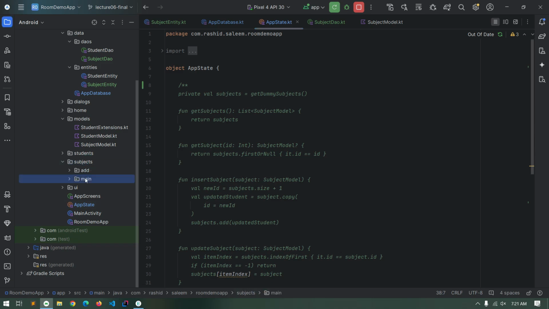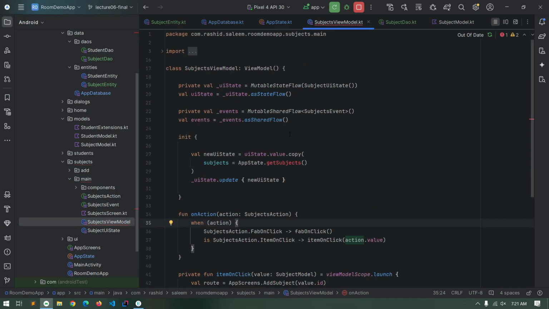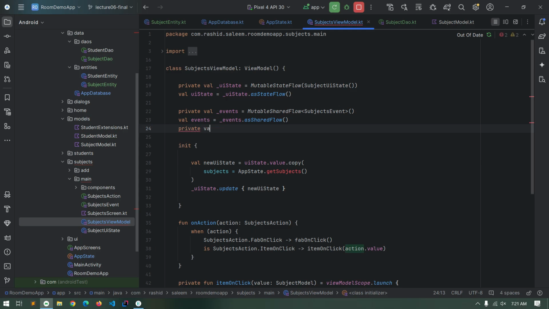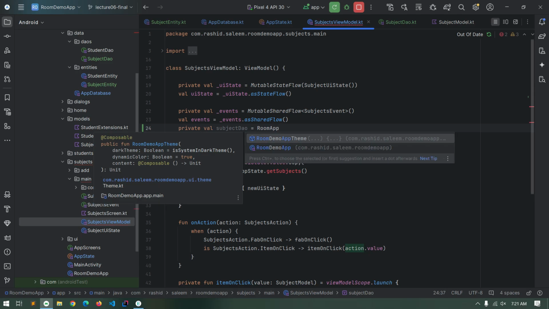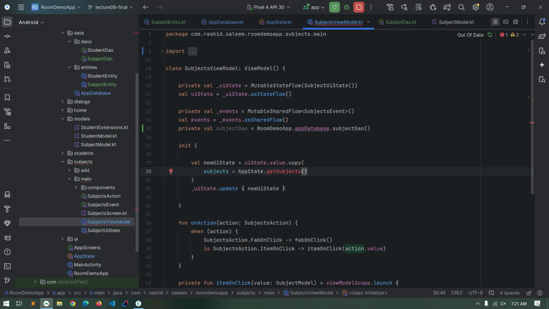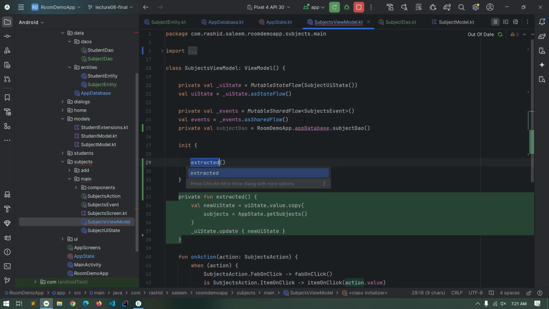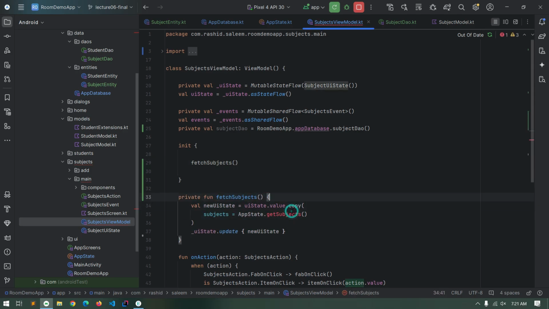So in the subjects view model, here we are calling this get subjects method. So here I will create a private data member, SubjectDAO, from the Room demo app database, SubjectDAO. So in here let's wrap it in a function. Control Alt M, fetch subjects, and in this we will